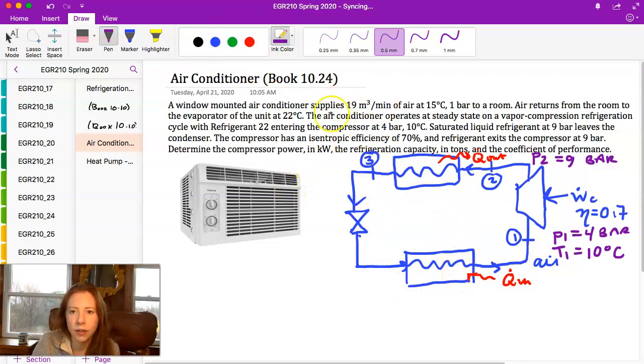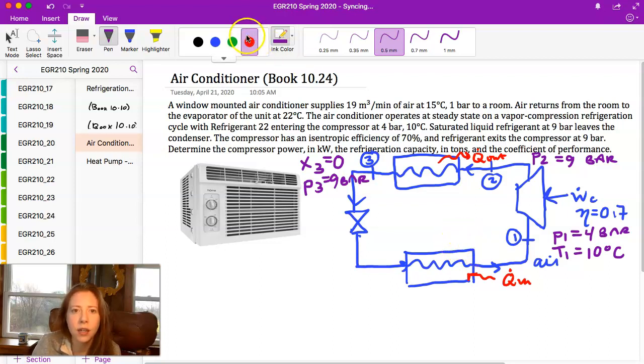Let's not deal with that part yet. Let's move on to x3. Quality here is 0. It's going to be saturated liquid. P3 is still 9 bar. And as the working fluid down here,